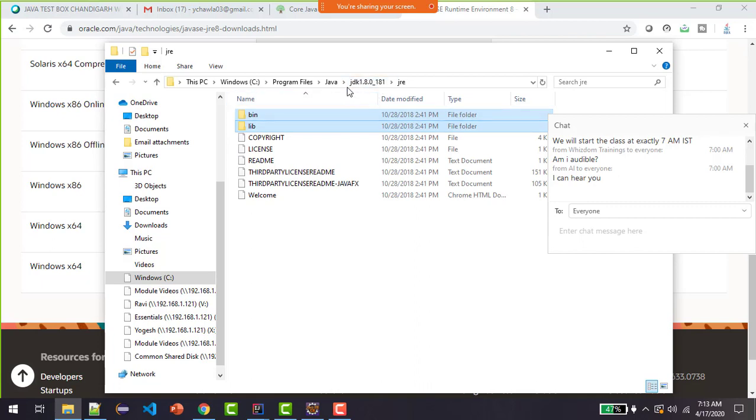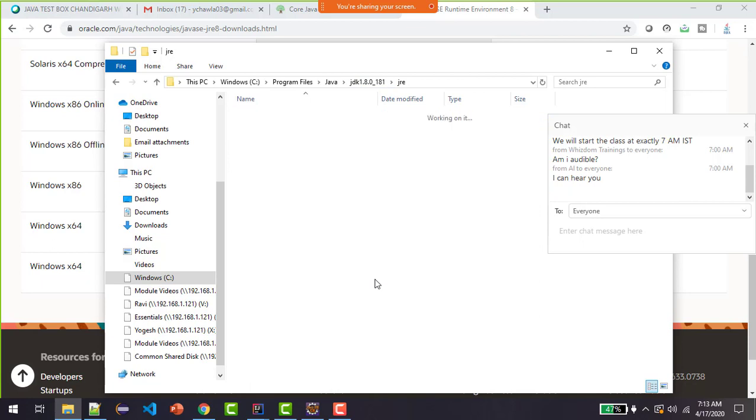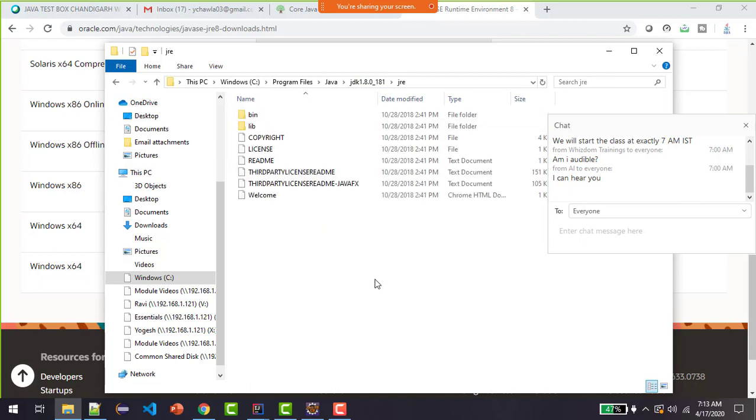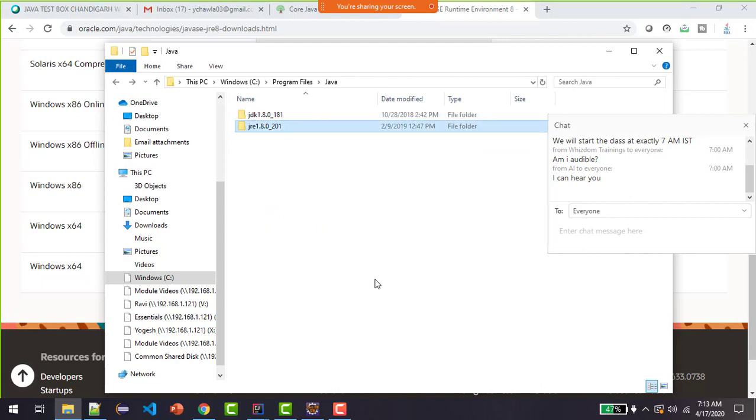So when I was saying that JDK has JRE, this is what I meant. That instead of its own binaries and libraries, it has got JRE in itself. And if I am a simple backend, front-end user, I just need the JRE to run the Java-based application on our machine, right? So this is where you can download JDK or JRE.